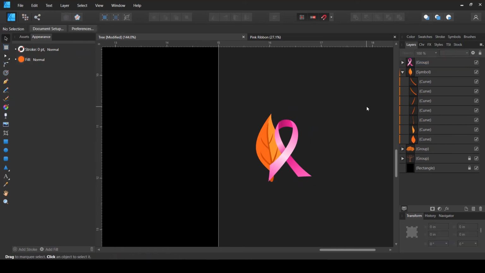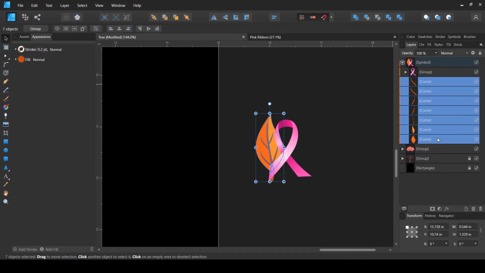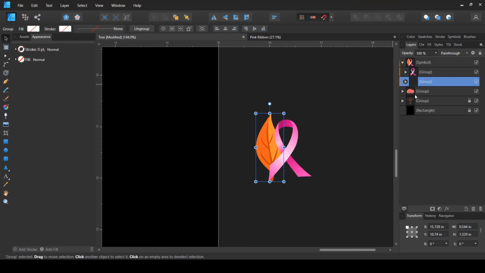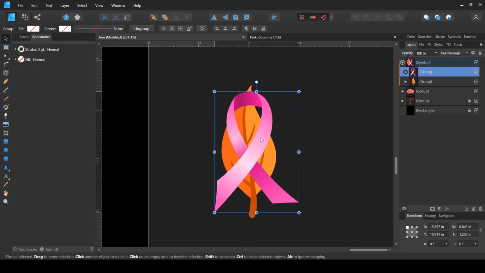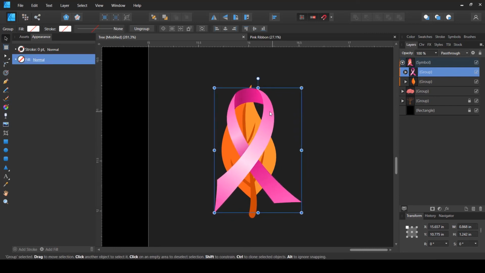And then I'm going to bring it inside our symbol, make it a child of that. Then I'm going to select all of these three leaves that I have created, these elements. I'm going to make sure that our symbol is present almost in the same location as the leaf.